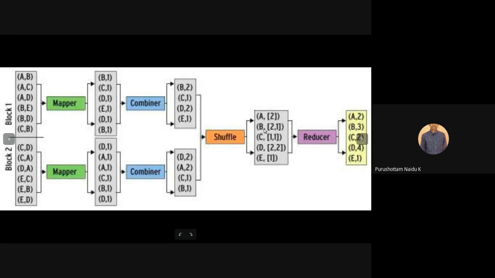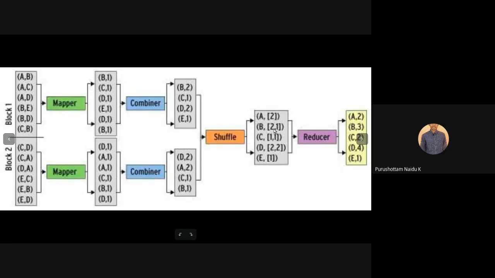And also B: one record B, comma, 1 from this mapper, another B, comma, 1, and one from the other mapper. That means B, comma, 2, comma, 1. That means we're getting 3 records: 2 records from this mapper, 1 record from that mapper.